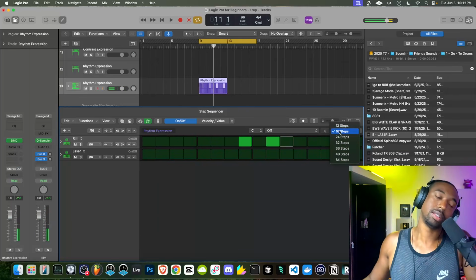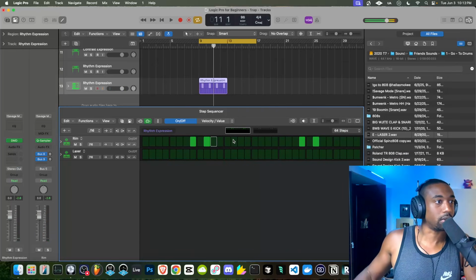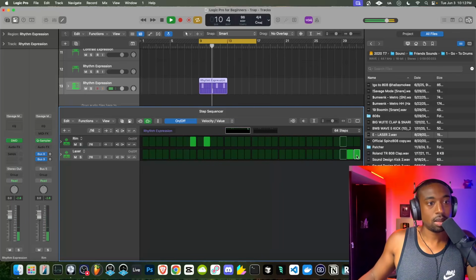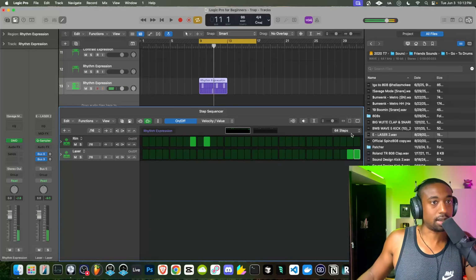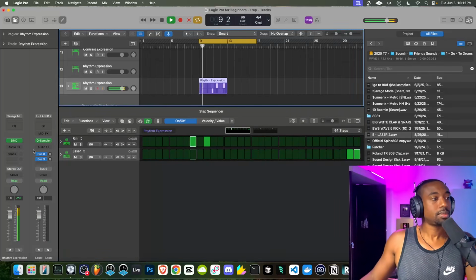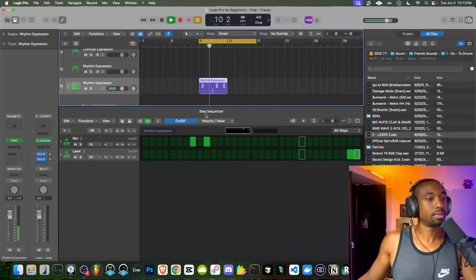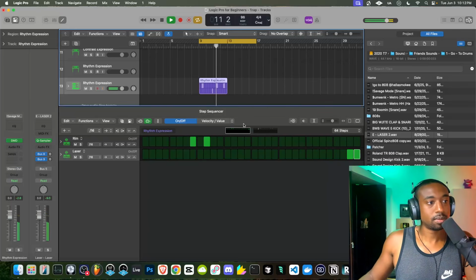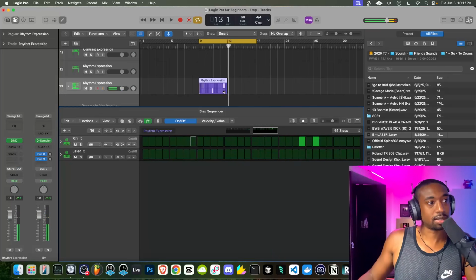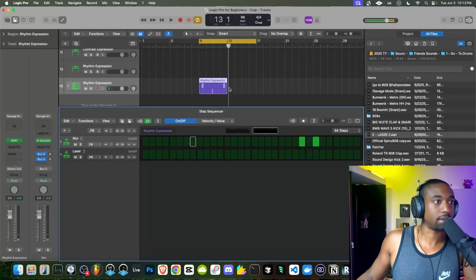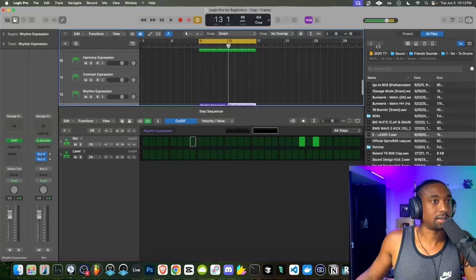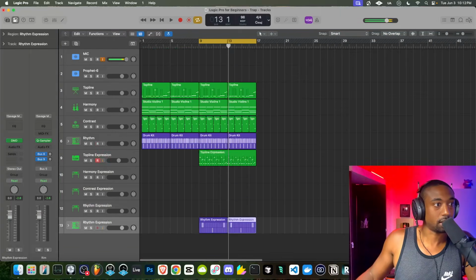Now keep in mind, let's make the 64 steps so it doesn't just repeat over and over. And I'm gonna add a couple laser sounds at the end. Again, this is subjective. This is not a mandatory step. So I'm just gonna take some of the stuff out so it doesn't repeat all the time. Use left click to take it out. And because it's perfectly lined up, we could just hit Command R to copy and paste. Now I have a lot of windows open, so let's close these windows.